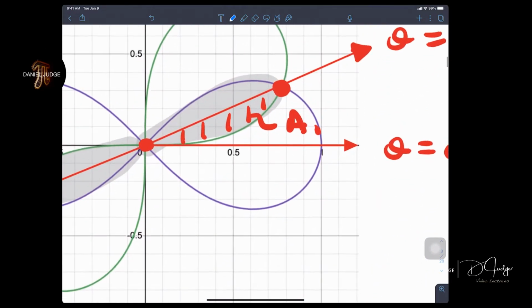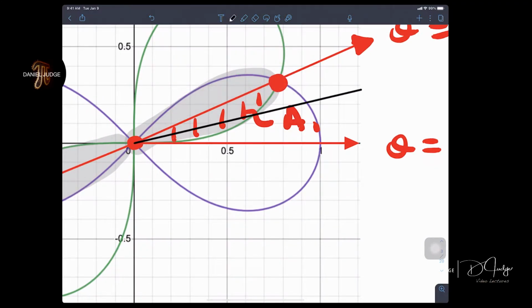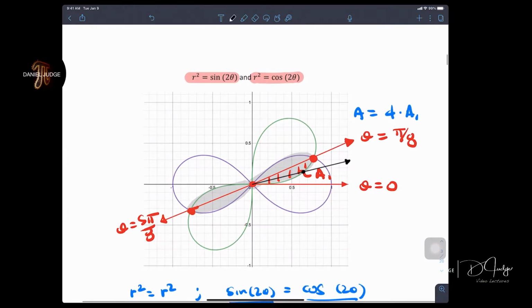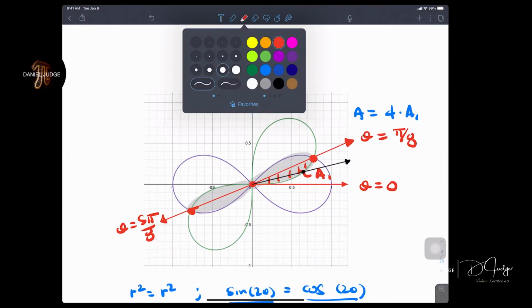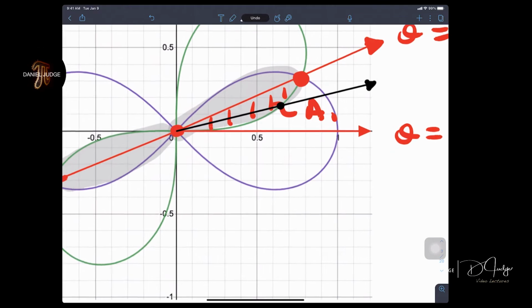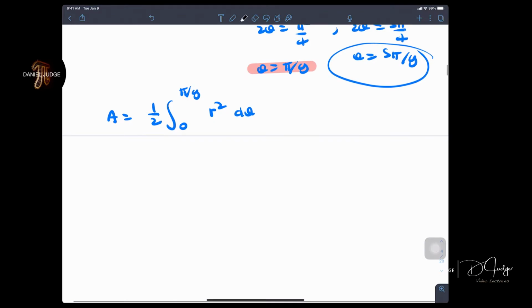But it's the green area here because if I take a look now, draw my arbitrary theta, you hit the green curve. So you're hitting that green curve. And that's r squared right up here, sine 2 theta. And the other one is going to be the black curve, but we don't need it for this question. So it's that green area there. And r squared is sine 2 theta. Now that's kind of interesting because we already have the r squared. We just replace that with